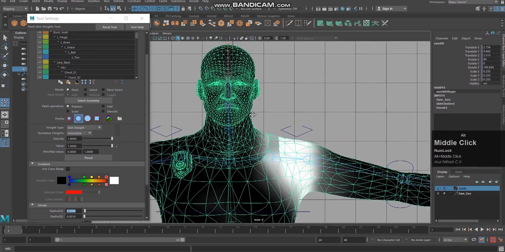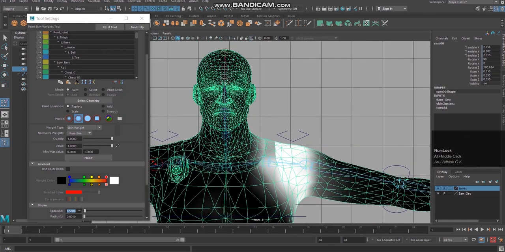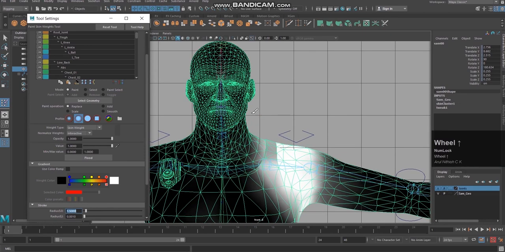To avoid that, I'm going to increase the brush size. Sorry, it should be 1, or I can take it 2, or I'm going to take it 1.5. Then I'm going to hold control and click on this area and paint it.